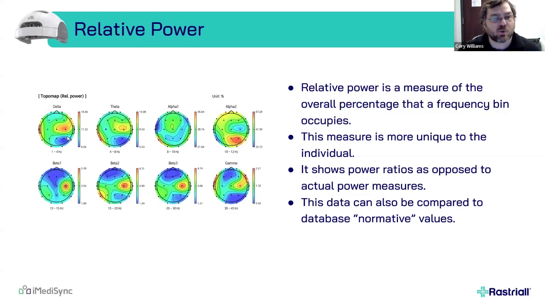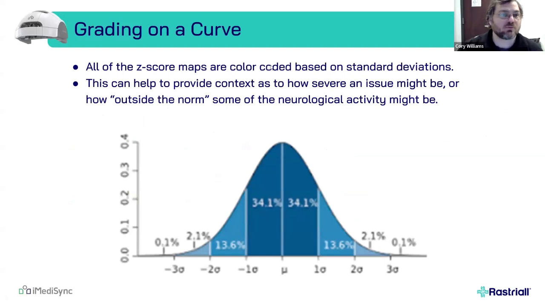And what we'll see here is this person has some slowing in the delta and theta range, and a little bit in the beta range at C4 as well. Their alpha production looks lower, right? And that's for this individual. Now we take that data and we can run it through a normative database, which will give us z-scores on how outside of the norm a given activity bandwidth is.